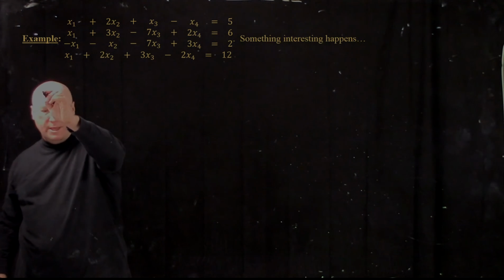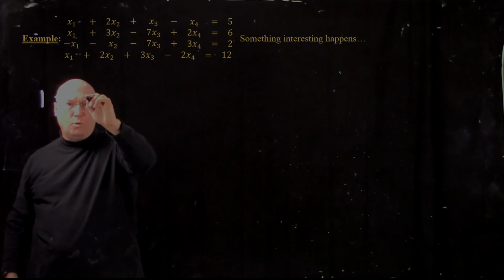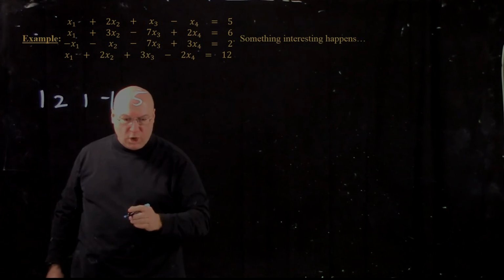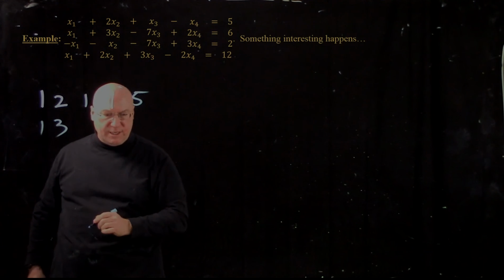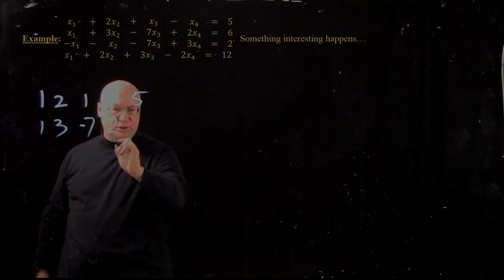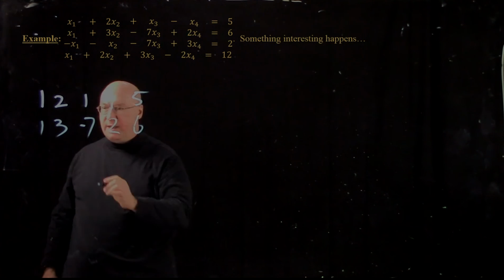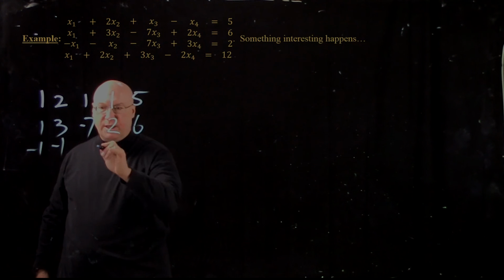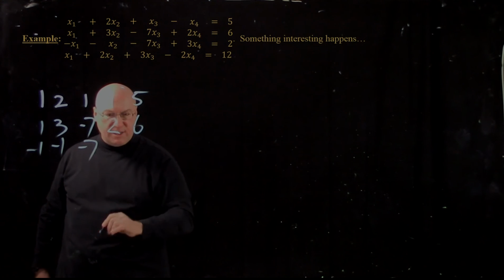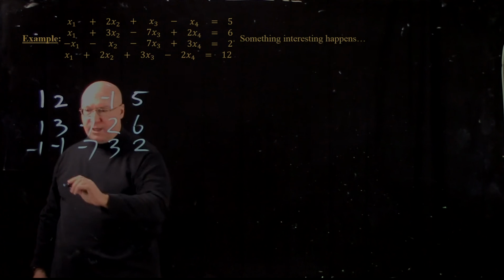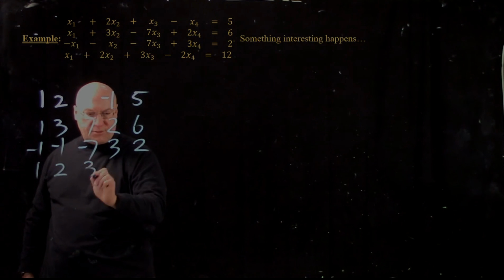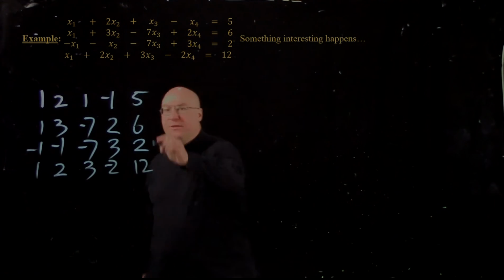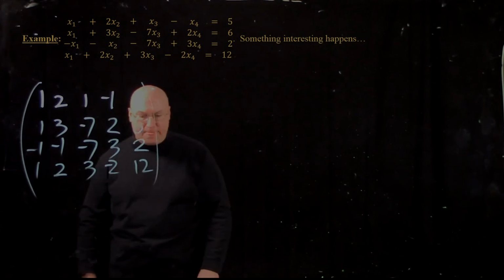So I have 1, 2, 1, negative 1, 5. Then I have 1, 3, negative 7, 2, 6. Then I have a negative 1, a negative 1, a negative 7 again, and a 3 and a 2, and then I have a 1 and a 2 and a 3 and a negative 2 and a 12. I got those right. 1, 2, 3, negative 2, 12. Okay, there is my initial